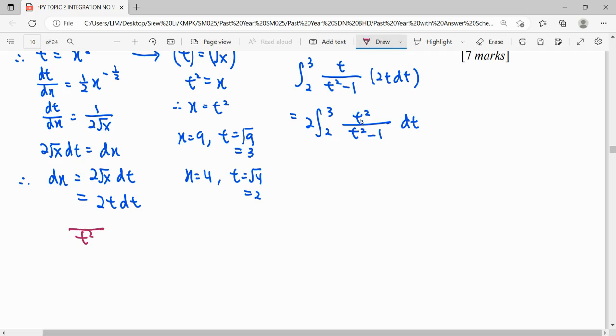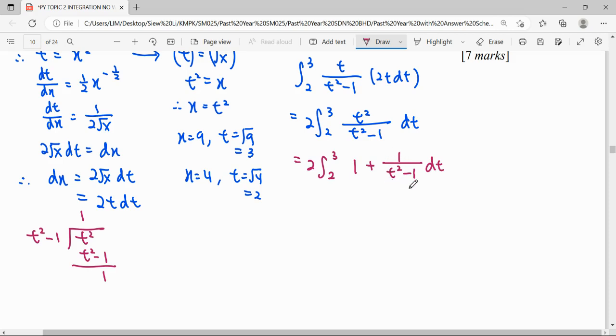For long division, numerator t squared over denominator t squared minus 1, we need a t squared here. So the remainder here is 1. Therefore, we simplify this fraction. It will give us a quotient of 1,